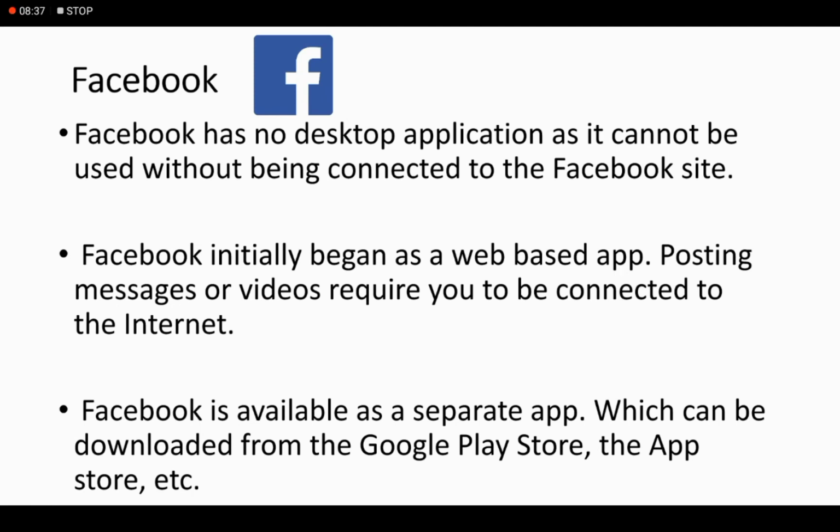Next, Facebook is available as a separate app which can be downloaded from the Google Play Store and the App Store. In a mobile phone, you can use different applications of Facebook, like the normal version of Facebook, or the Facebook application known as Facebook Lite. You can use both of them by downloading them.